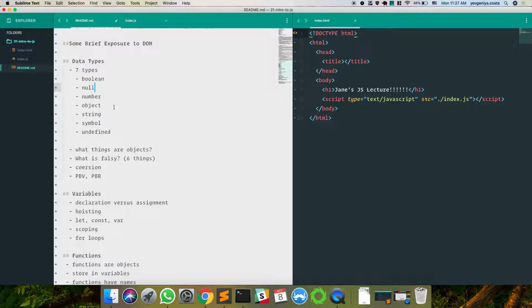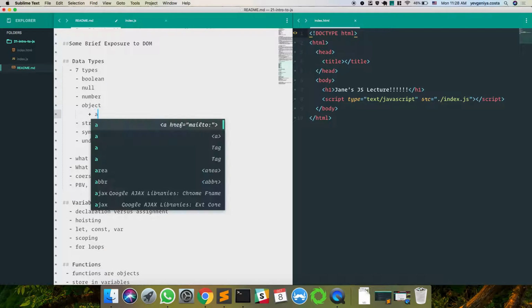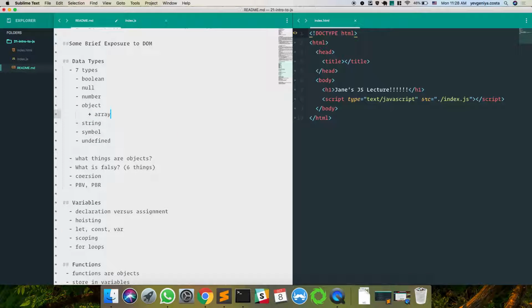Okay, cool. What kind of things are objects in JavaScript? Everything? Could you elaborate? No, I can't. I was just gonna say hashes and arrays. There's no such thing as a hash in JavaScript. What a hash is to Ruby is an object to us, and an array. So an array is an object? Really?